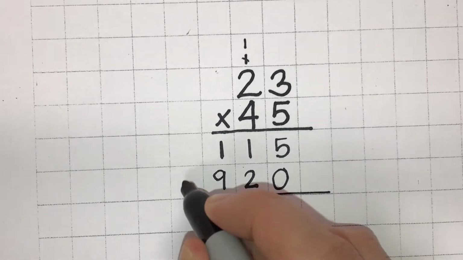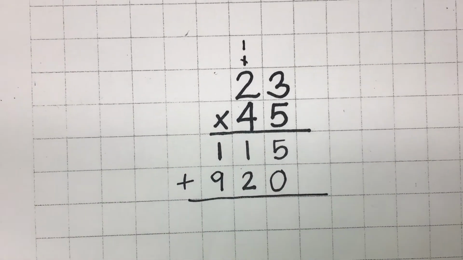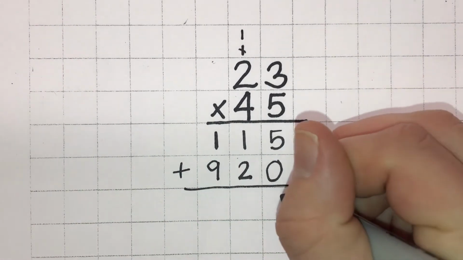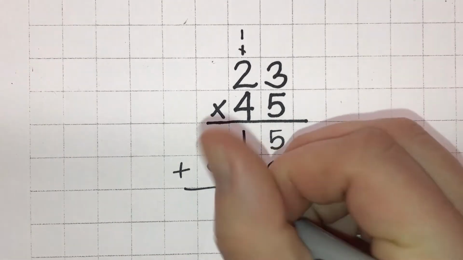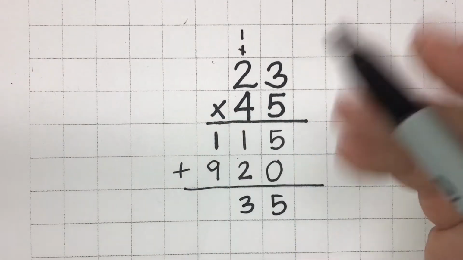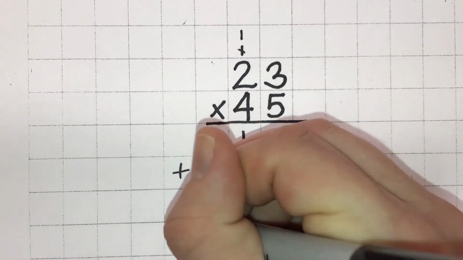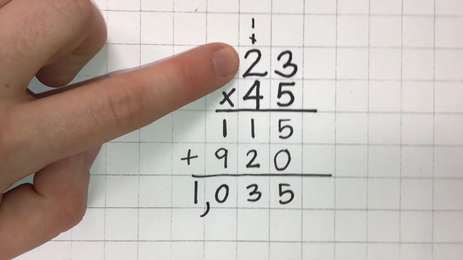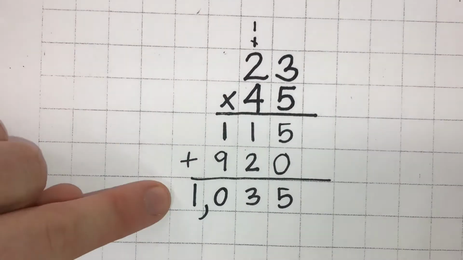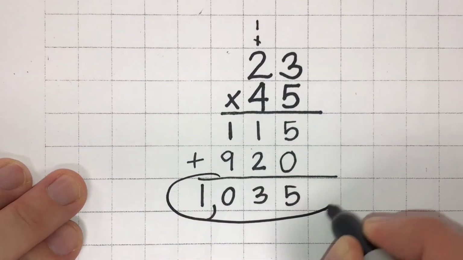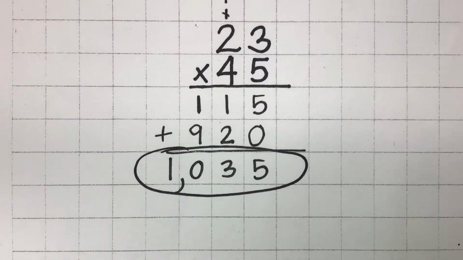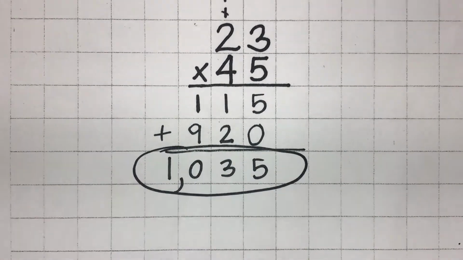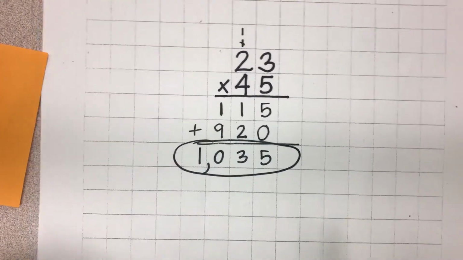Now all we have to do is add these two numbers together. So 5 plus 0 is 5, 1 plus 2 is 3, and 1 plus 9 is 10. So the answer for 23 times 45 is 1035. So that is standard algorithm for multiplication. All right, so now I'm going to show you